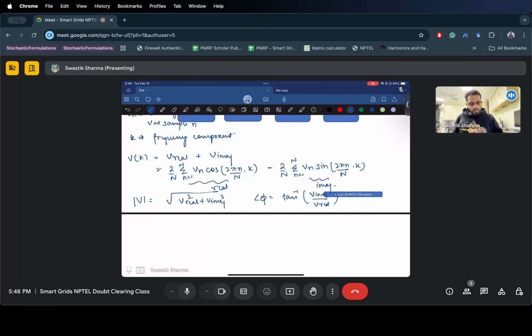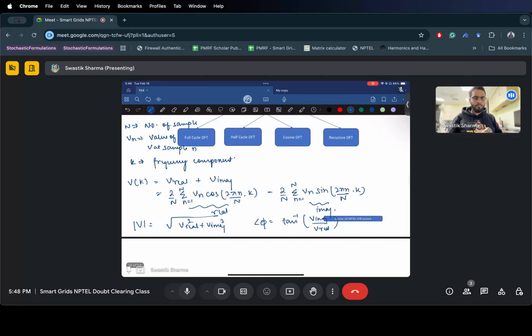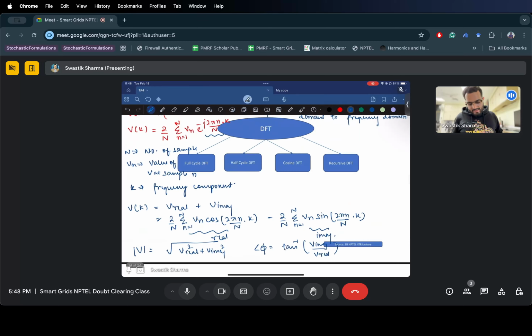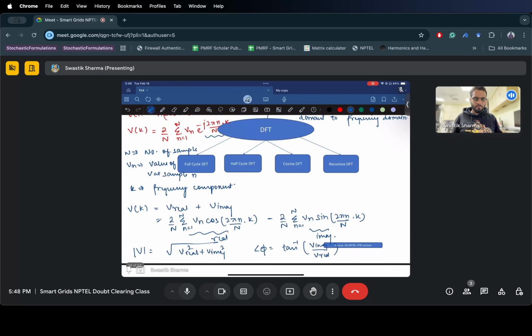So this is how it's used to generate your voltage phasors, by doing a discrete Fourier transformation, breaking it down into different components, right? Now, this whole procedure is called full cycle DFT. This is nothing but a full cycle DFT,